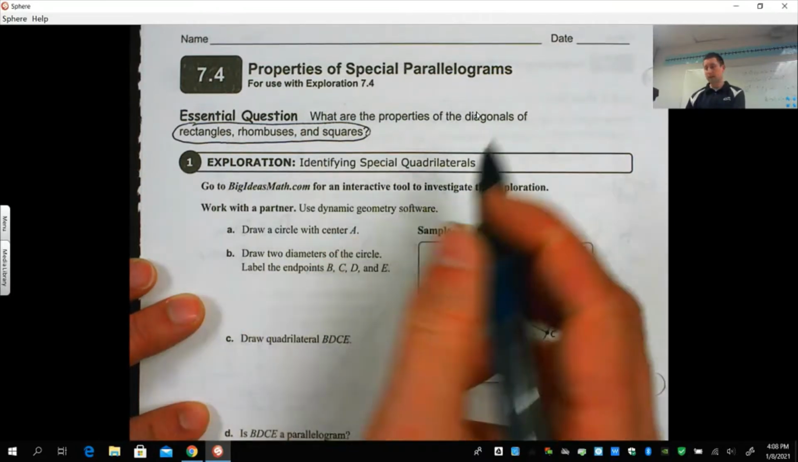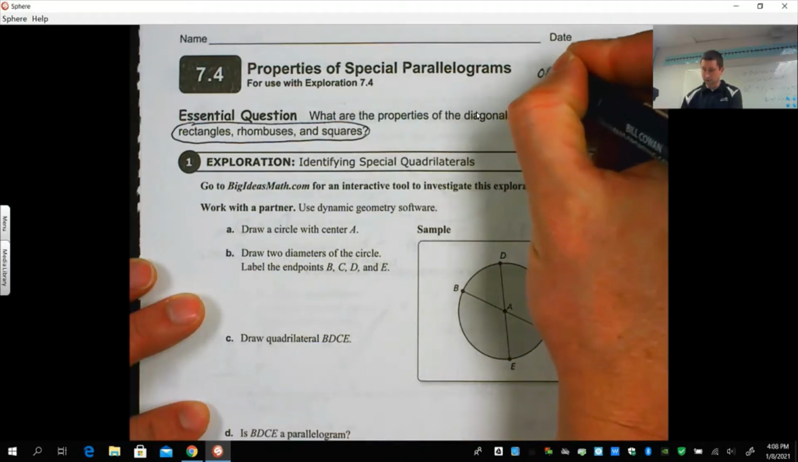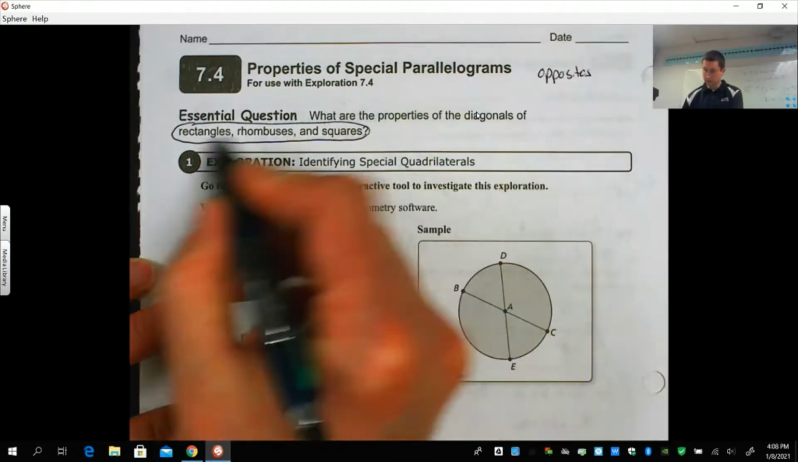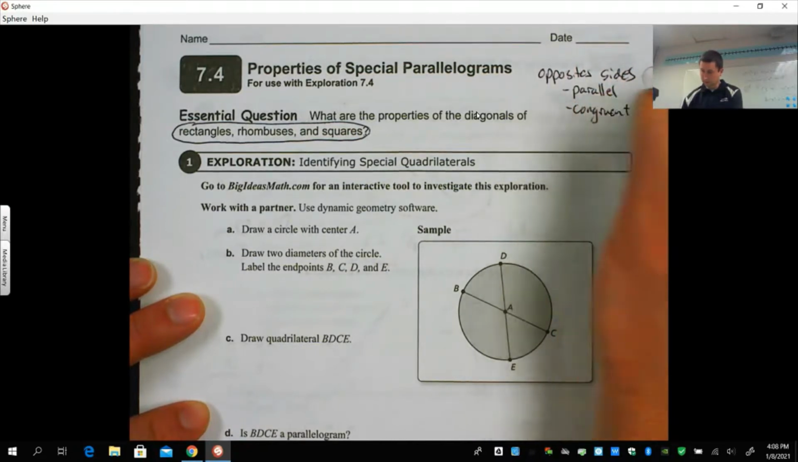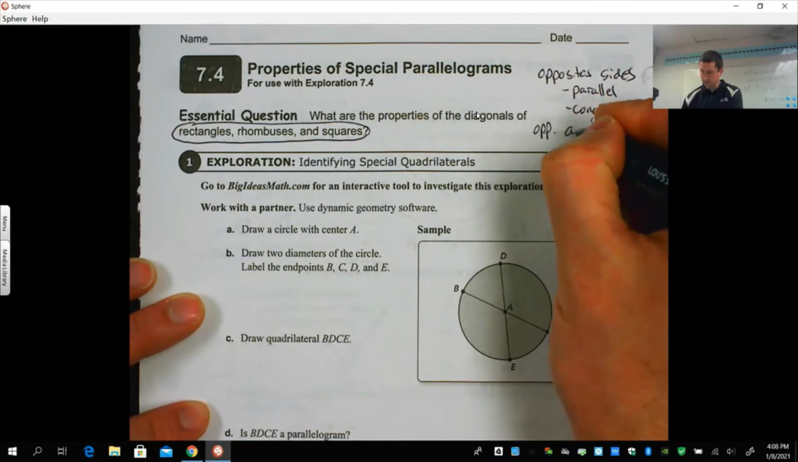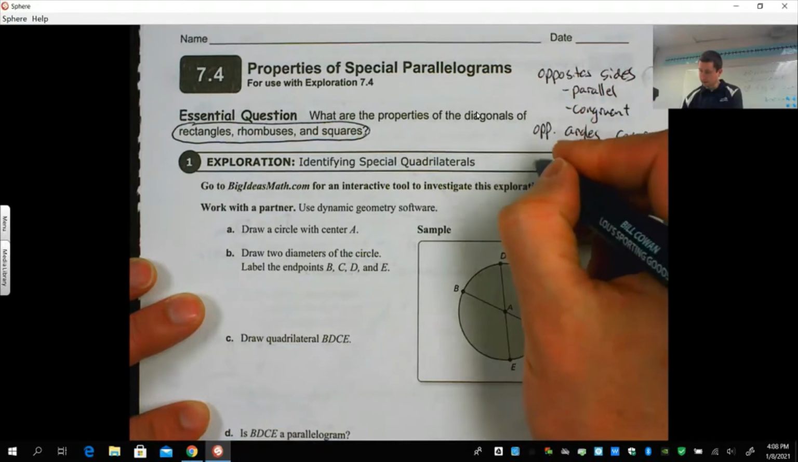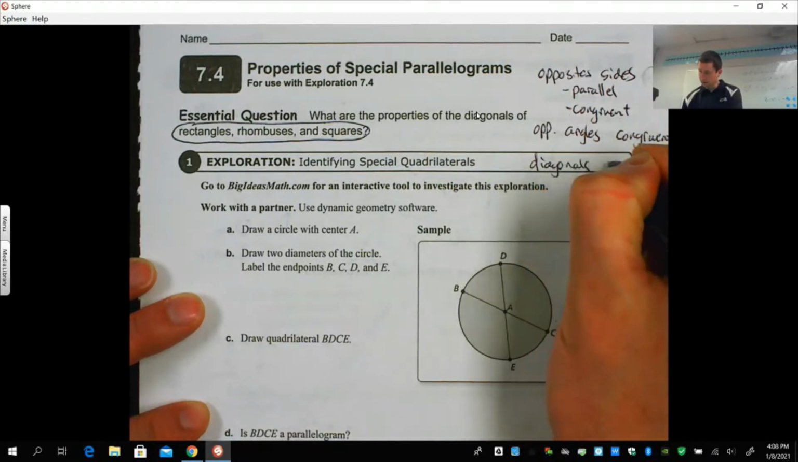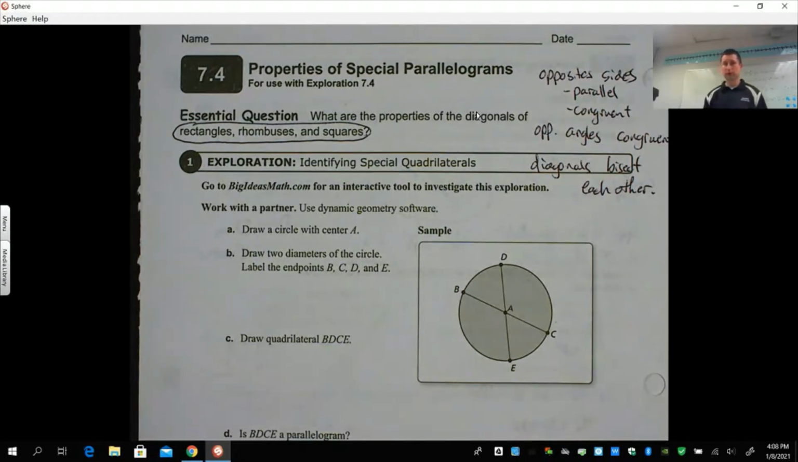Every property that applies to a parallelogram will also apply to these. So remember, for all three of these, opposite sides are going to be parallel and congruent. Opposite angles are going to be congruent. And the diagonals are going to bisect each other. So those are properties that are true for all parallelograms. So they're going to be true for the special parallelograms of rectangles, rhombuses, and squares as well, plus some additional